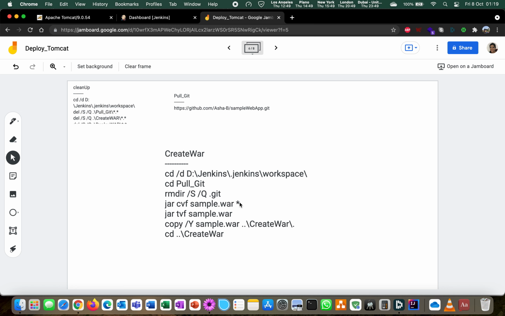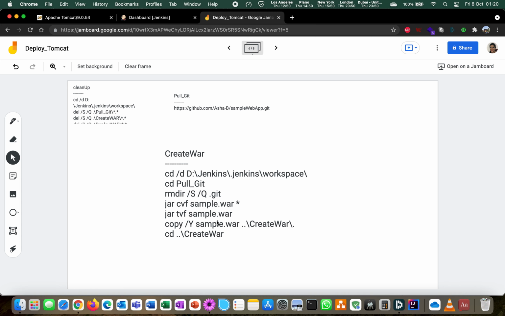For this, we need to go into the location where the files are available. In our case, our Jenkins workspace is in the d:\jenkins workspace location. So we are just changing our reference location over there and building a jar file from the pull git folder where we have just pulled the web app.